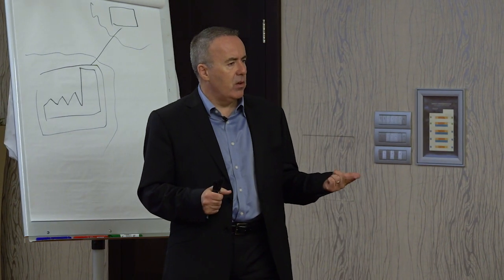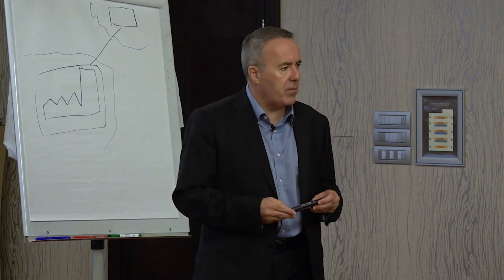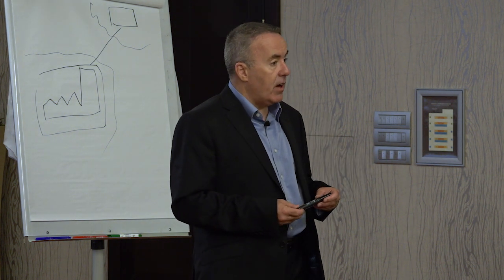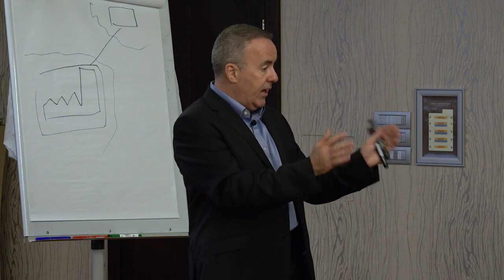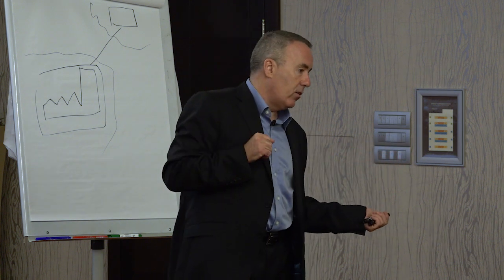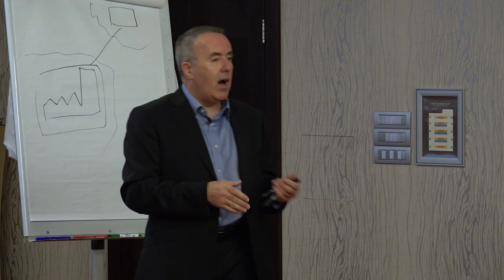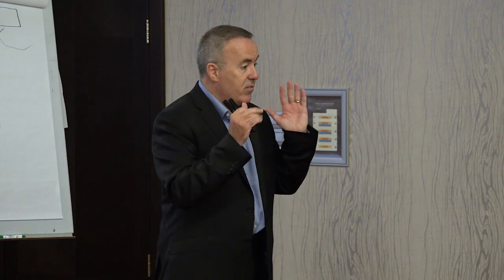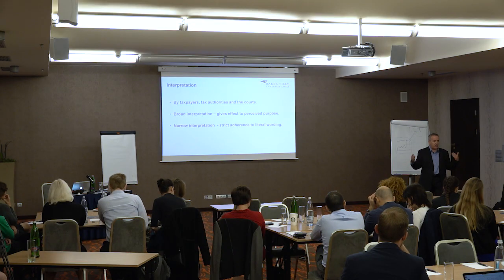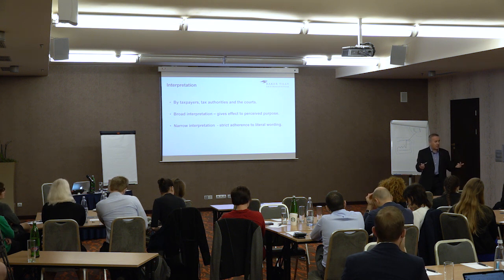So just a ridiculous example off the top of my head, if I said, you've got to pay me £1,000 if you lean on a table, then you'd probably take your elbow off the table. I'm not asking you to do that, by the way, but you'd probably take your elbow off the table. But then I'd say, you didn't take your elbow off the table, right, I want £1,000, please. You say, this isn't a table, it's a desk. Look at the definition of a table. A table's got to look like this. It's got to have this particular feature. A desk is different. A desk is actually specifically designed for writing on and for undertaking a work duty. This is a desk, not a table. I'm fine to lean on it.